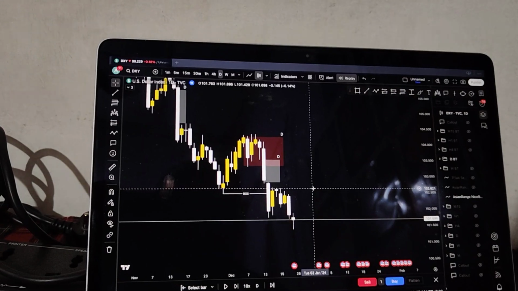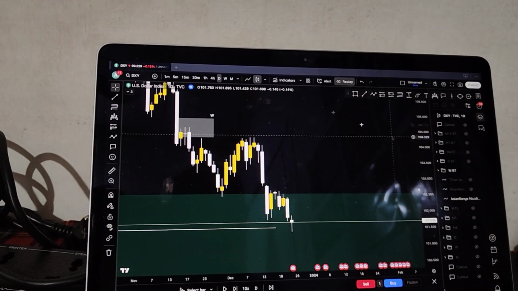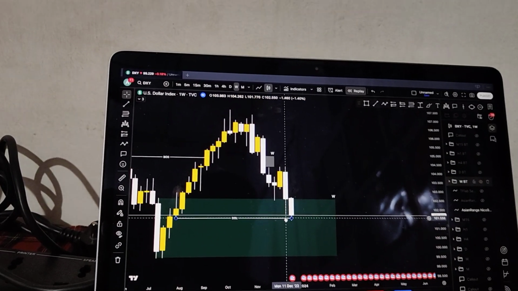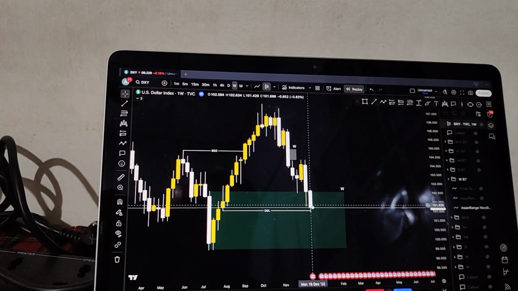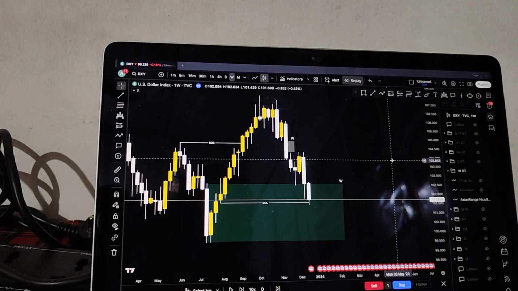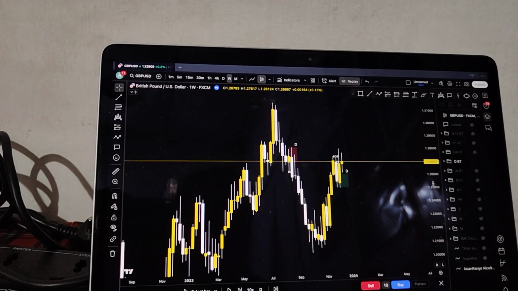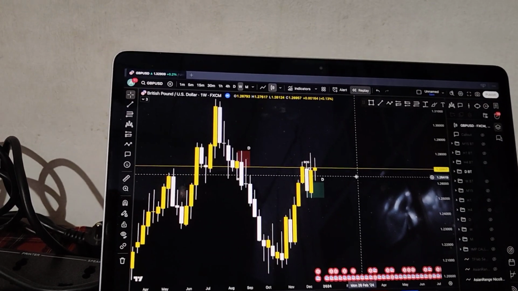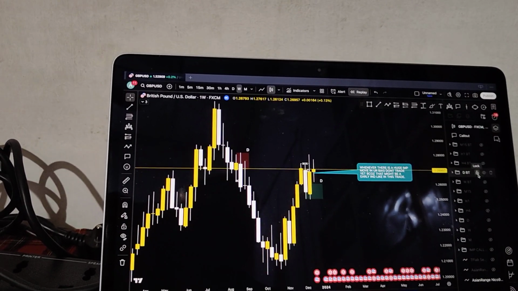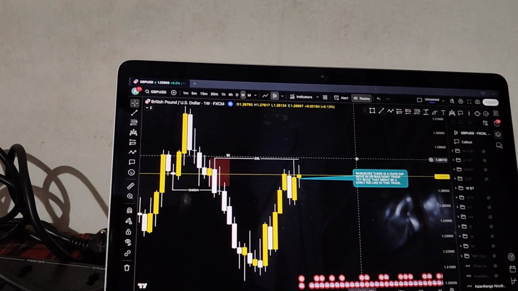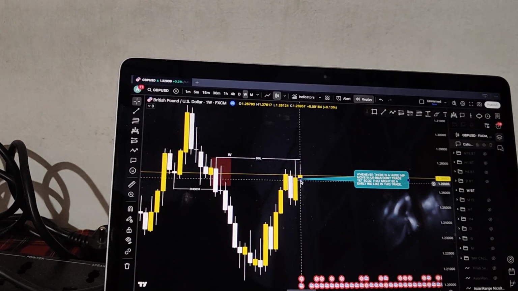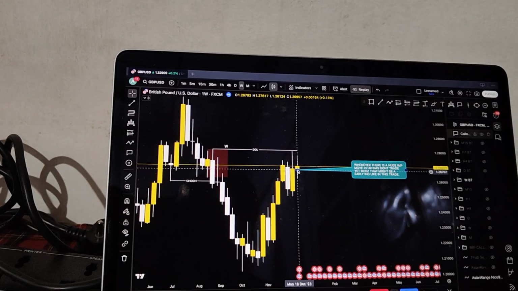And yeah, if I show you the weekly, how the weekly closed for next week, which I will start on Monday again, backtesting. The draw on liquidity was taken to the T. The market closed as a bearish candle. So even next week I will look for sells on DXY and buys on GU. I know that the volume is going to be very low, but just because the volume is low doesn't mean that we'll not trade, right? We have to learn. The weekly closed very choppy. So the weekly bias is not clear on GU.